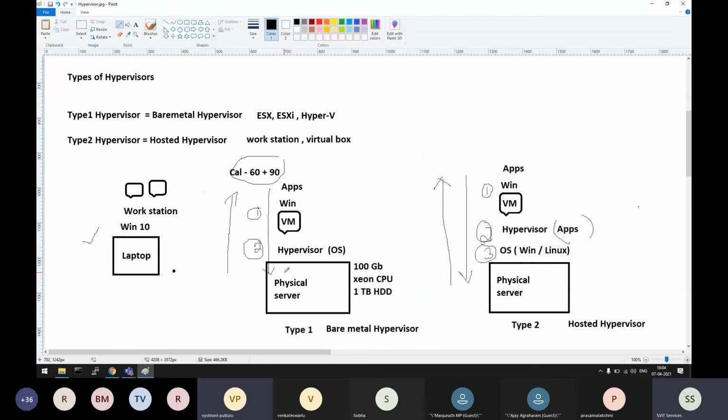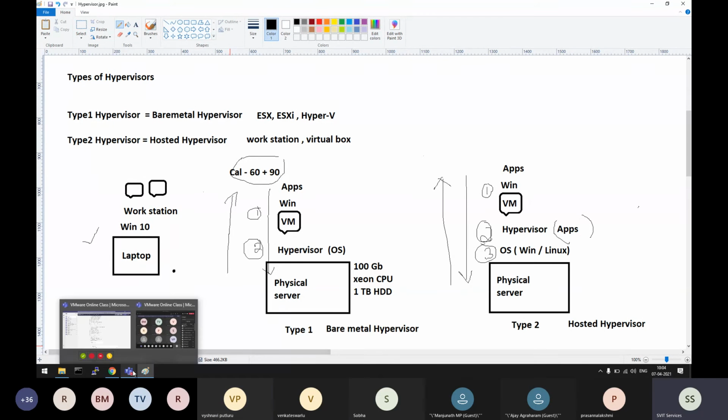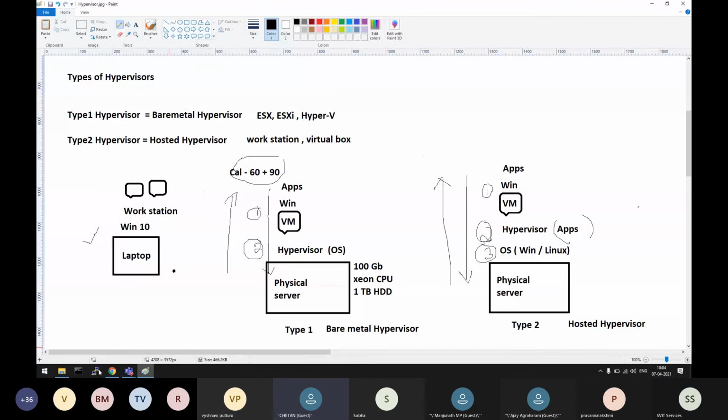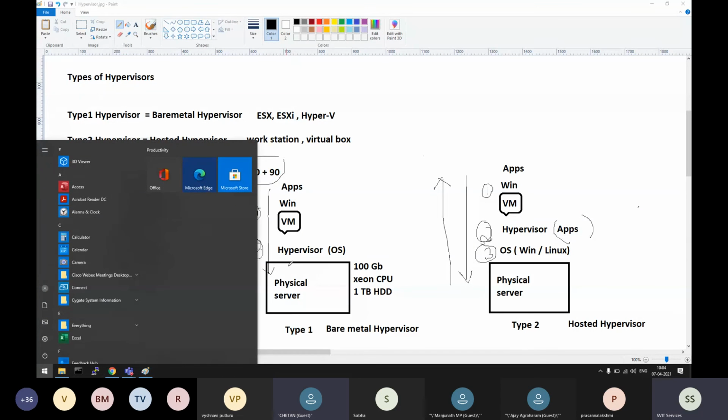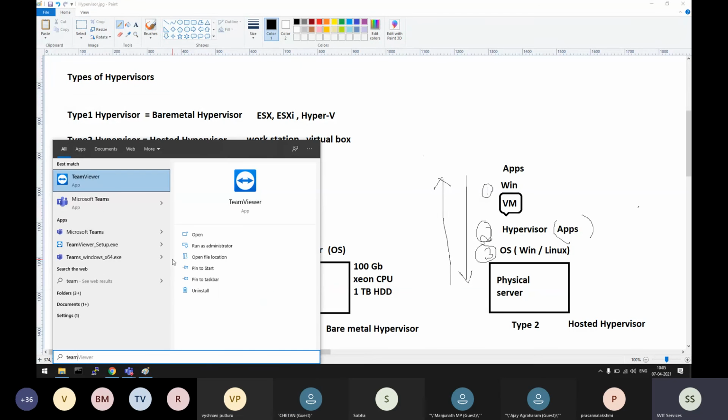You can just refresh by reading those things. I have Workstation. If you want, you can show them by TeamViewer. Yes, please. TeamViewer ID only.